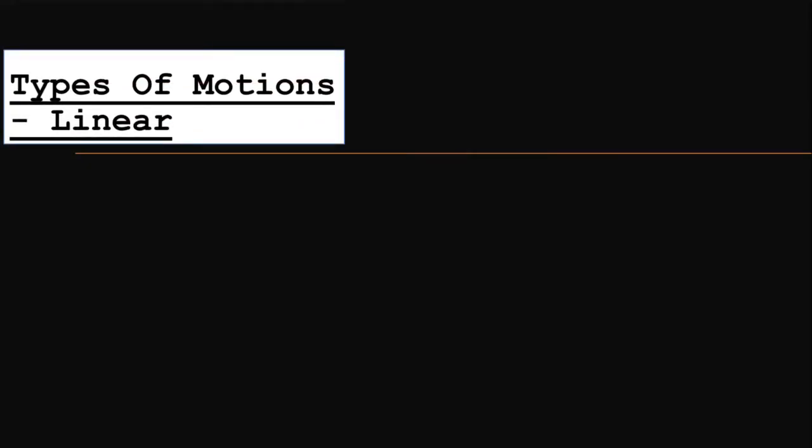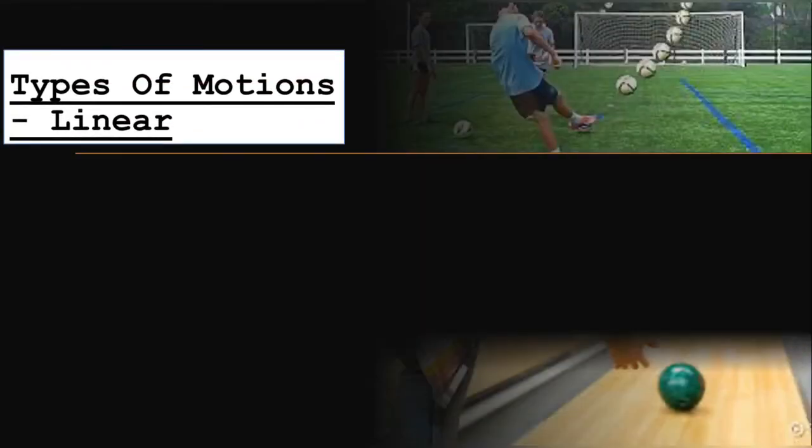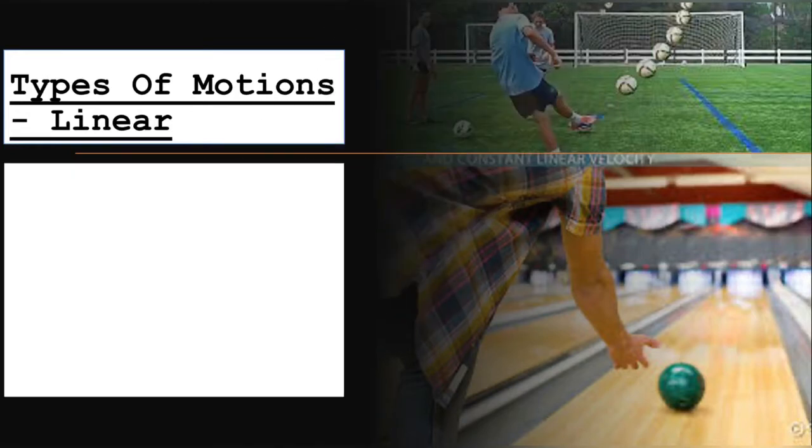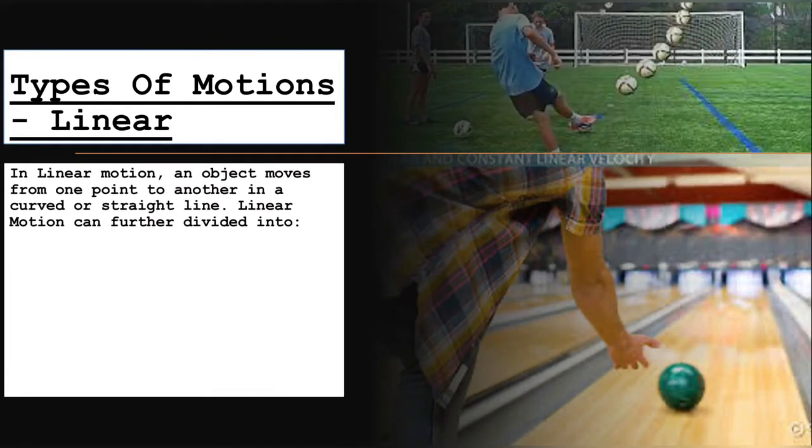Types of motion. There are three types of motion: linear, oscillatory, and rotatory. Let's look at linear motion first. In linear motion, an object moves from one point to another in a curved or straight line. Linear motion can be further divided into